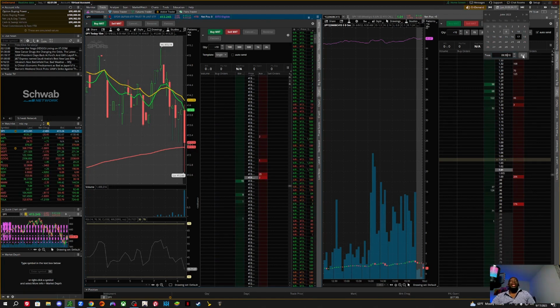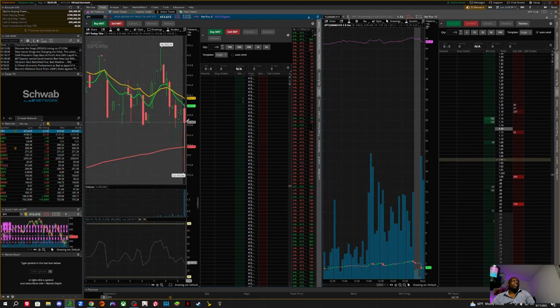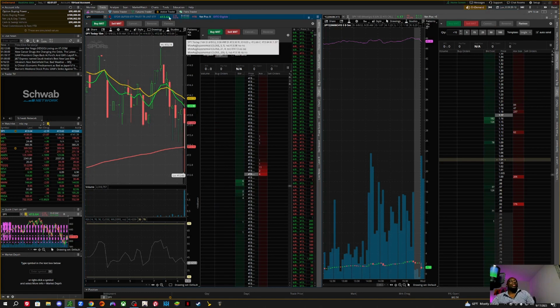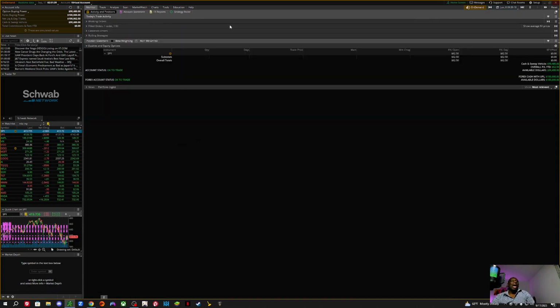From 9:39, the time where I got into the garage to the time where I parked the car, this stock moved all the way to 413.66. So now I'm up money. Now I'm about ready to take profit. I'm at 62.50 right here or whatever. I was literally gonna close this trade out right here.